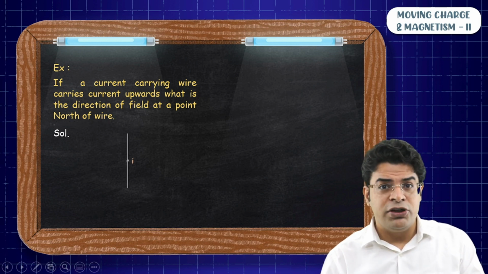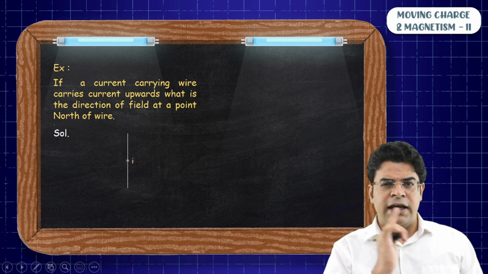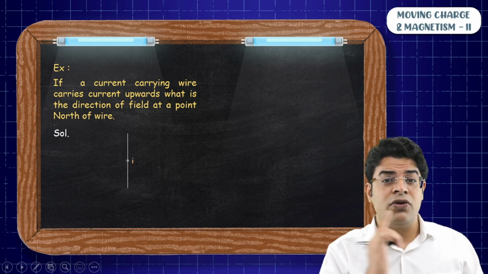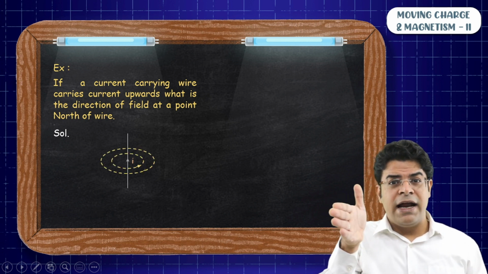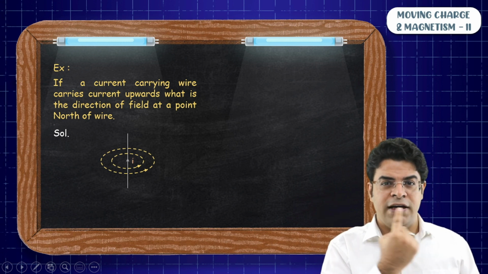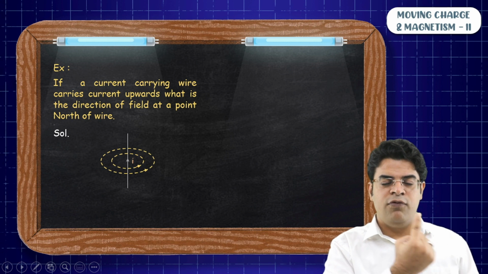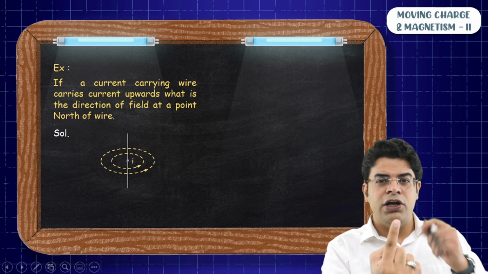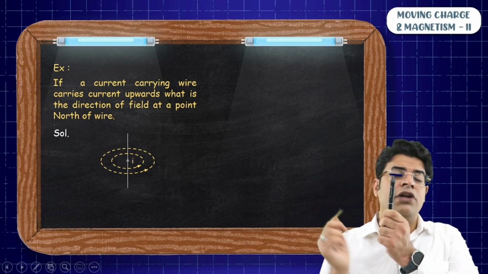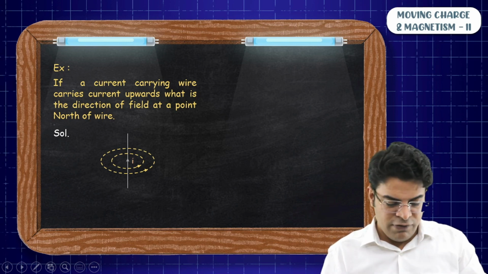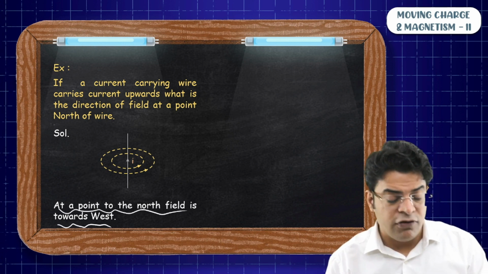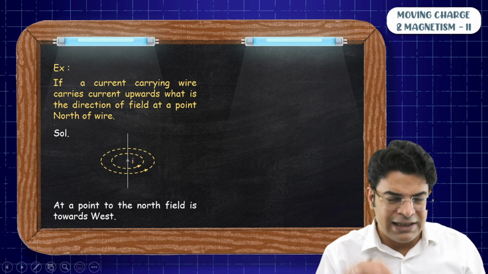That is our mission. So visualize the magnetic field lines that will be created by this current carrying wire here, and they will be circular loops. So from the right hand thumb rule, you can get the sense of curl of the magnetic field lines. So they are going and forming a circular loop. At a point to the north of the wire, the direction of magnetic field will be tangential to the curve, and that will be towards west. So you will say that at a point to the north of the wire, the direction of magnetic field will be west. Let's practice more.